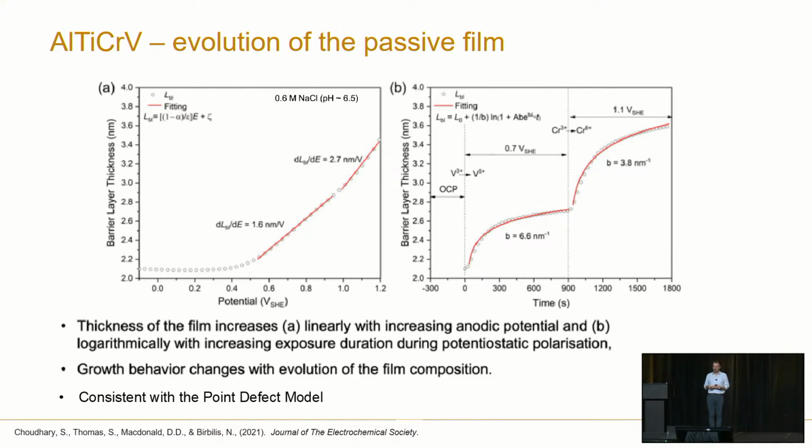When you compare the electrochemical characteristics of the passive film evolution on this particular alloy, these are from two separate experiments. There should be a break in between. But when you sweep the potential, the thickness of the barrier layer actually increases linearly with potential. Once you pass different regimes, when you start to get some transpassive dissolution, the barrier layer thickness changes the kinetics in which it's made. But when you hold at a certain potential, the rate of change of the passive film, so the barrier layer thickness, is exponential. And of course, you get these different regimes at different potentials.